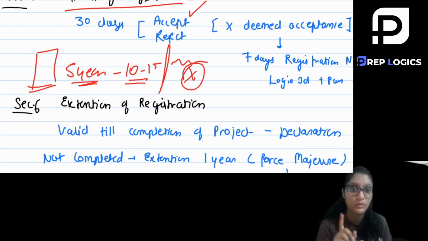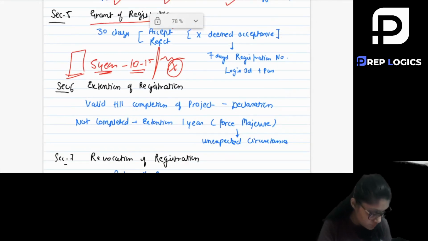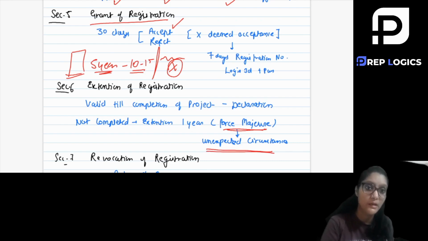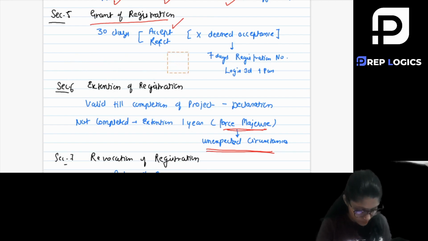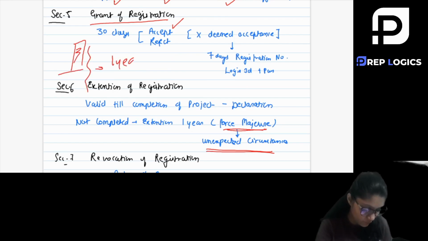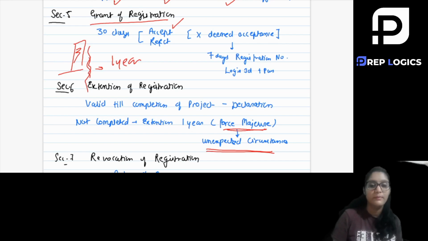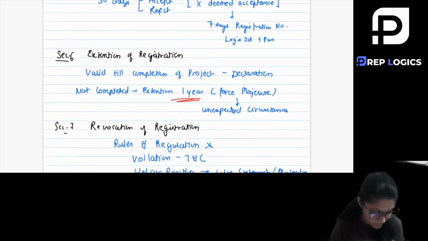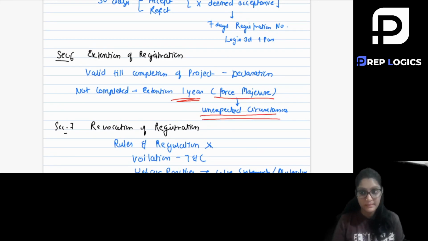Extension can be granted only in one case, that is force majeure. Okay, that is the unexpected circumstances. Suppose like an earthquake, that is not under your control. You have built the building, but an earthquake comes, so you will get the extension, but a maximum of 1 year. That is in case of force majeure, something that is not in your control, some exceptional circumstances. So maximum extension can be given of 1 year. That is also only in the case of force majeure, the unexpected circumstances. Okay,